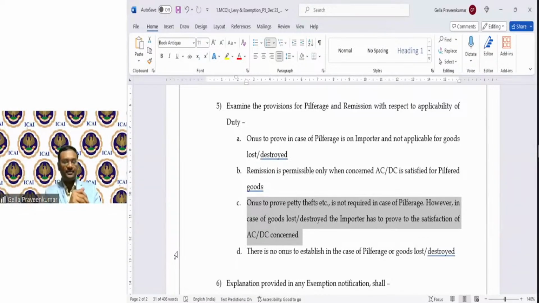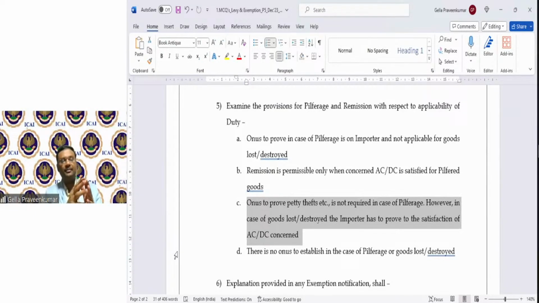DC consent. In case of remission, I give an example. There was a fire accident. Now, how did the fire accident happen? I have to prove that, sir, I have no play in this particular incident. By some natural calamity or some reason, there was a fire incident and these goods have been burned.